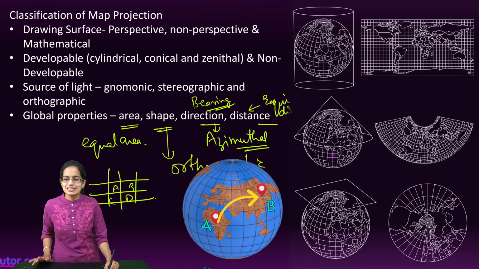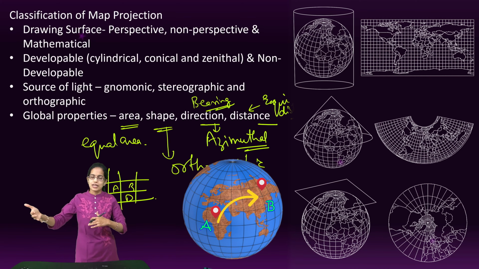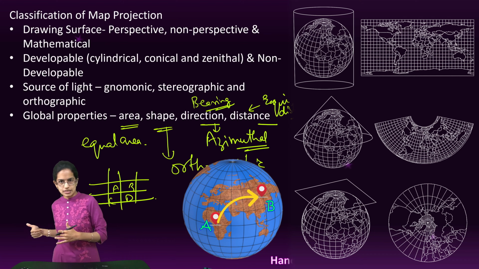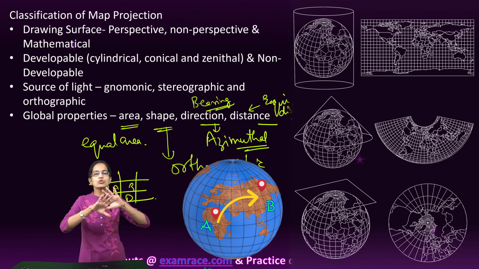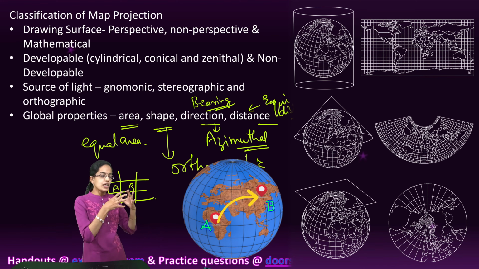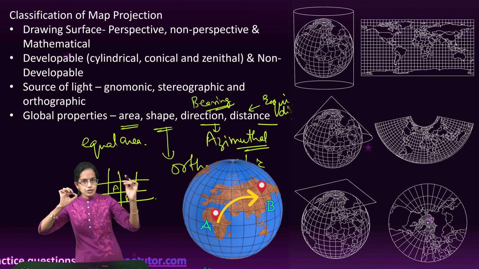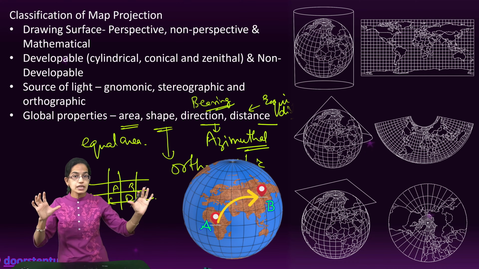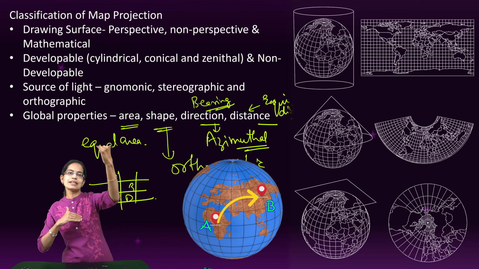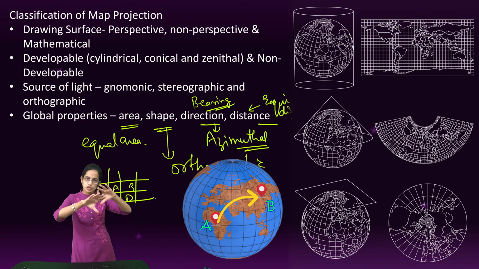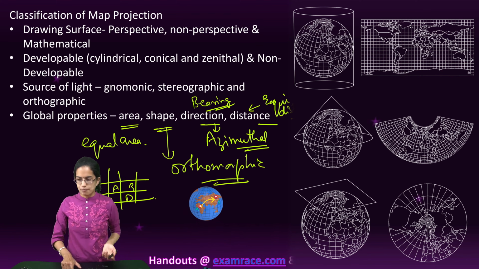Now of these, definitely the one where you are trying to preserve the area is called equal area. Where you are trying to preserve the distance, it is known as equidistance. Those two are the most simplest and the easiest things to remember. So the distance from point A to B in this scenario would be maintained, and that would remain the same, be it the north hemisphere, be it the south hemisphere, or be it the region of equator. So that is one type of map projections.